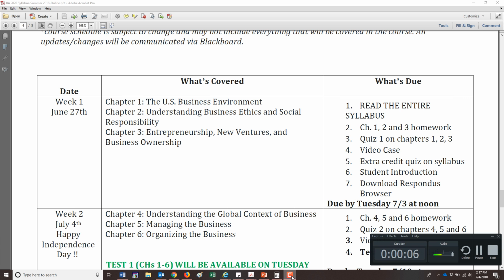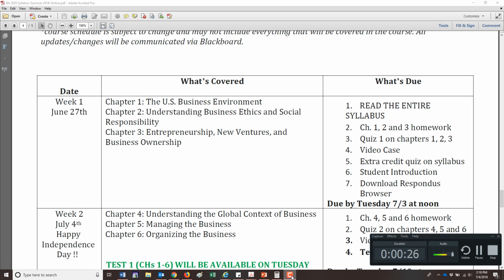Let's start by looking at the information from last week to make sure we're all on the same page. So I have the syllabus up here. We had our chapter homework 1, 2, and 3, your quiz, your video case, also an extra credit quiz on the syllabus, your student intro, and you're also supposed to download Respondus browser. Looking at your points,